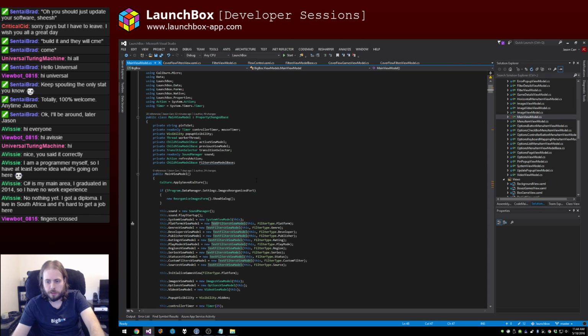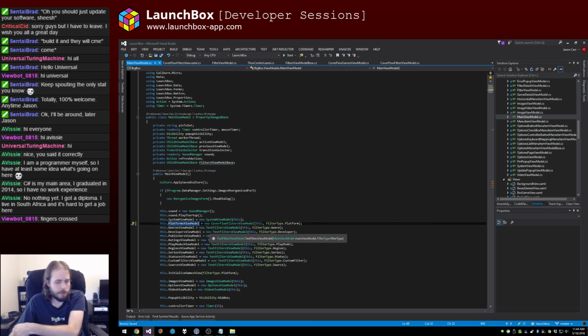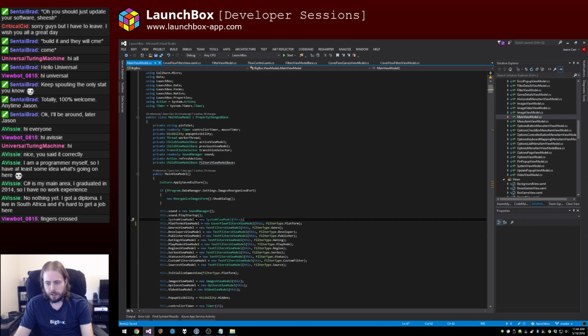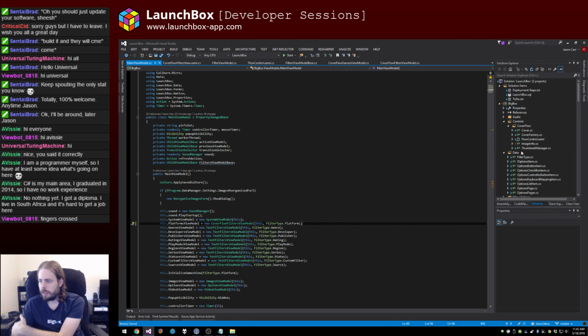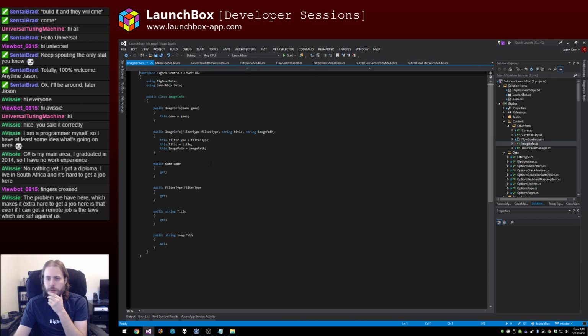But for right now, I'm just going to change this to CoverFlow filters view model, just for platforms, so we can test it. And I know we're going to get null reference exceptions if I run it right now, so I'm not going to run it. I think the one missing piece we have yet is in the CoverFlow control for the image and stuff like that, because everything right now is coming from game. So if I look at the image info,